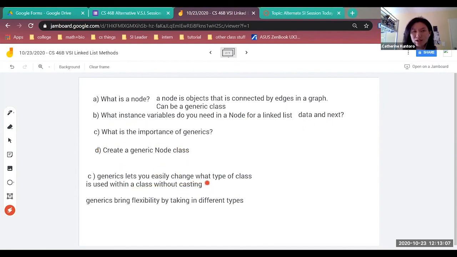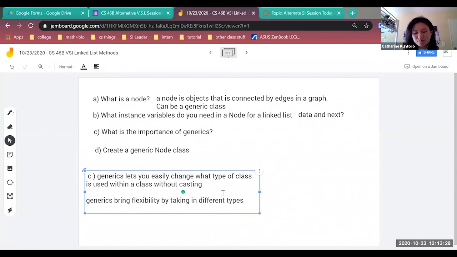Because you can simply change the type. Because we declare it as a generic T variable, that means when we reuse the class, we can declare the node as node of string, node of integer, and other types. So it brings flexibility by its capability to bring different types. I will also like to add on that. So once you declare,